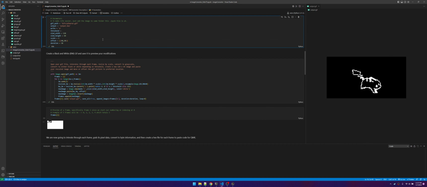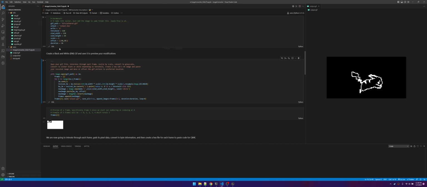The threshold, okay, this is what I meant. If it's 200, see how it changes the picture? It's fuzzy. If you go exaggerated in the opposite direction, it's not as detailed. So find a sweet spot, play with different numbers, and you'll find a sweet spot that you like and just stick with it. So once you like it, you position it, you get the right threshold for the right pixel count,